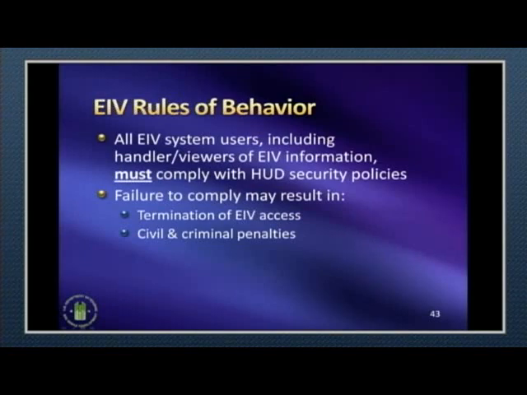But you have to be cognizant that this EIV information is protected under the Federal Privacy Act, but EIV is no different than the information that you have in your tenant files. Birth certificates, social security cards, pay stubs, names, addresses, all that's personal identifiable information. So you need to ensure that you are complying with the rules necessary to protect and to safeguard that information. And when an individual fails to comply with the standard rules of behavior, that could result in the termination of an individual's EIV access, civil and criminal penalties if it's elevated to the federal level to that extent.